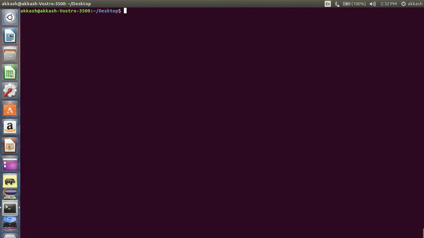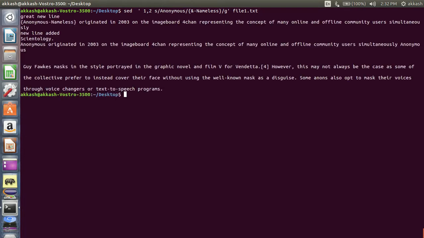Let's see some more examples. Now my requirement is to change the word "anonymous" to "nameless" in the first and second line only. Press enter. Okay, the second line has been replaced, but the third one remains the same.